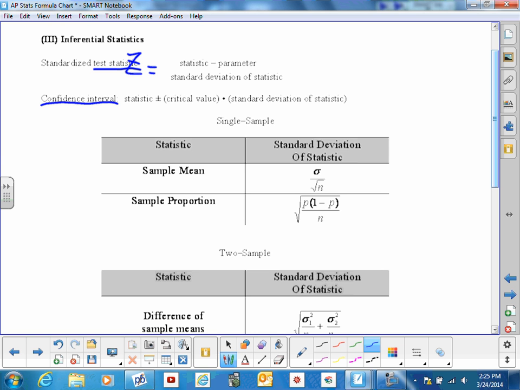That equals, see this formula here? It actually is supposed to have a line here. It just didn't show up on this copy. So, the statistic is your sample statistic. So, for proportions, it's that p-hat that you got from your sample. Minus this parameter, which is the population true p that is hypothesized. Over the standard deviation of the statistic. Well, guess what? Look at here. Standard deviation of statistic for proportions,